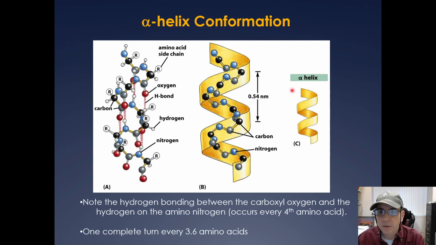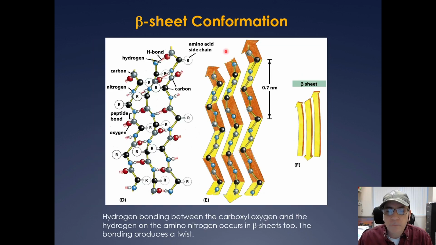Okay, and these are very, very common in proteins, and this is just a graphical way that scientists represent this alpha helix in proteins. Another conformation that proteins have, or folding conformation, is what's called a beta sheet. Okay, and this is where you have linear stretches of the polypeptide, and once again, like with the alpha helix,